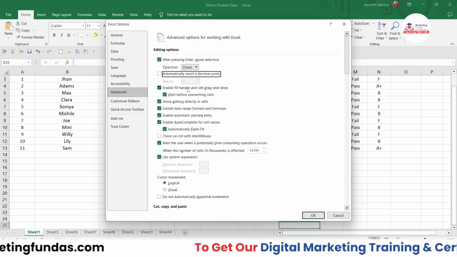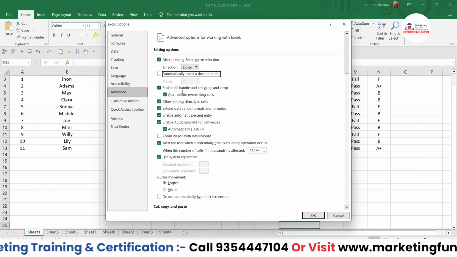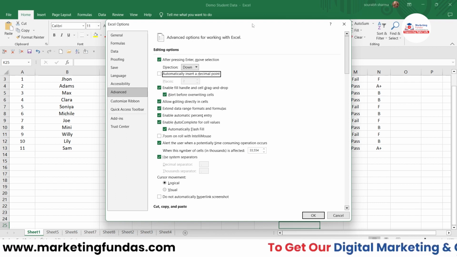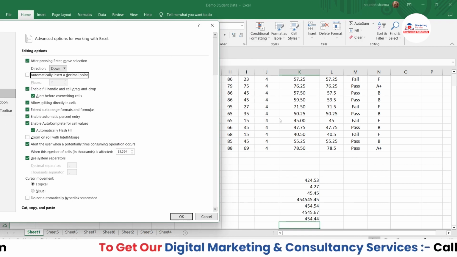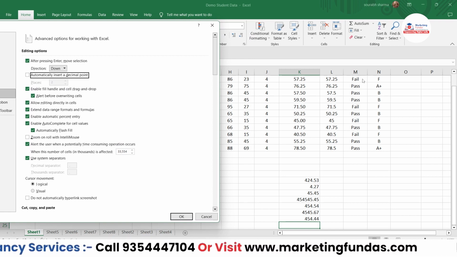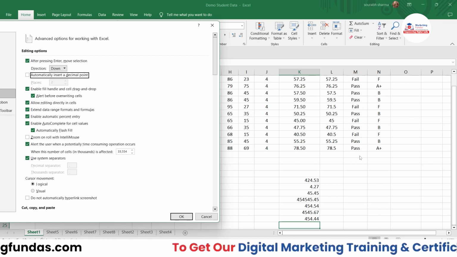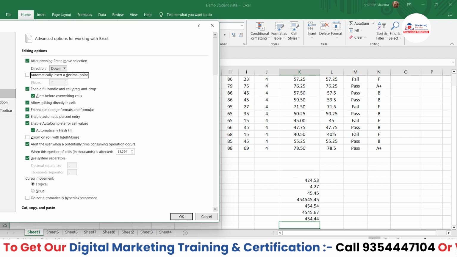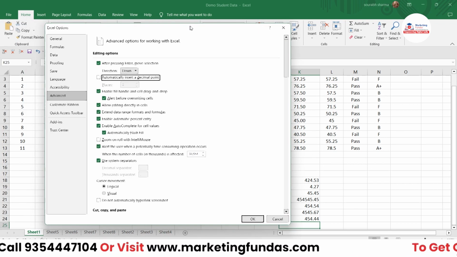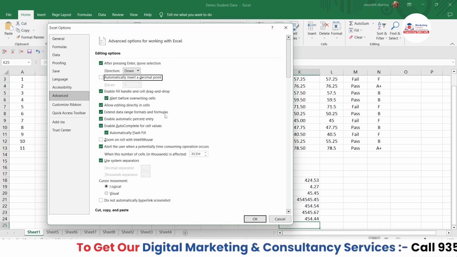Earlier it was 2, but you can increase according to yours. Then we have enable fill handle and cell drag and drop. So you might have seen me sometimes, many times, that I just apply one formula in one cell, and I just apply that particular formula in all the cells by just dragging and dropping, right? I also drag and drop the value of one particular cell to another cell, right? So how does this happen? Because this option is turned on, but if I turn it off, then the option will